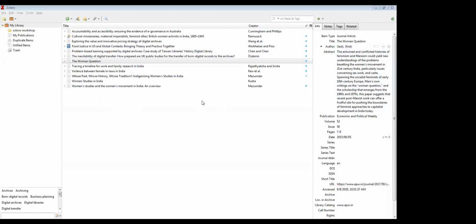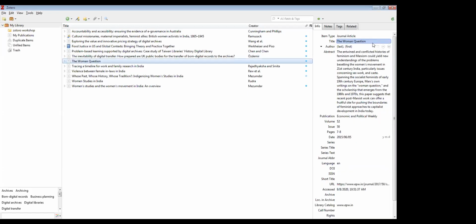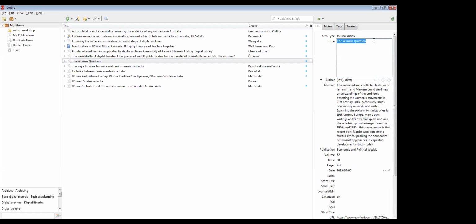Secondly, this metadata is editable. By clicking on the field, you can easily edit any field of this metadata.